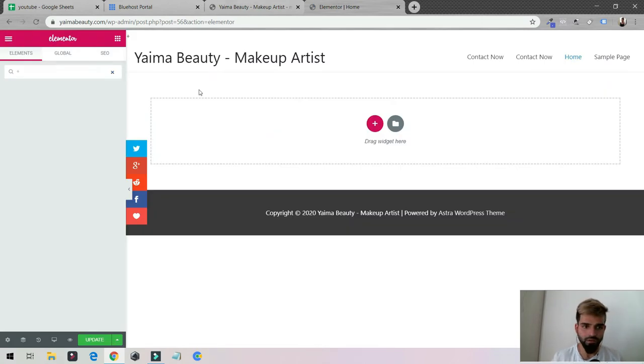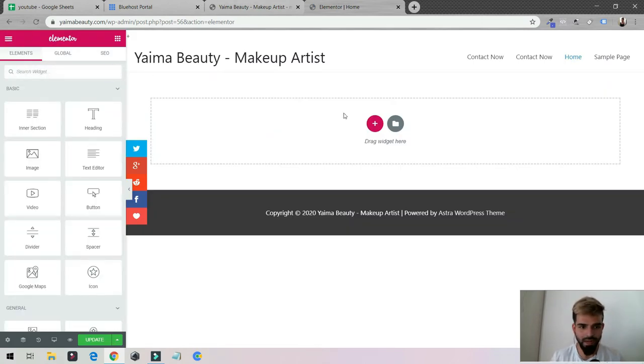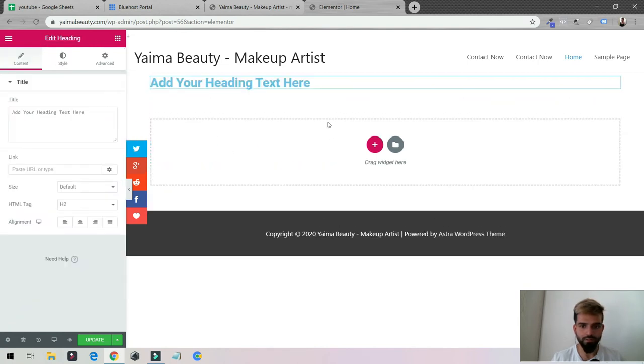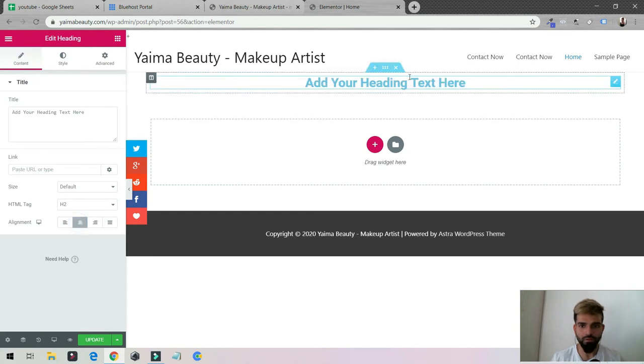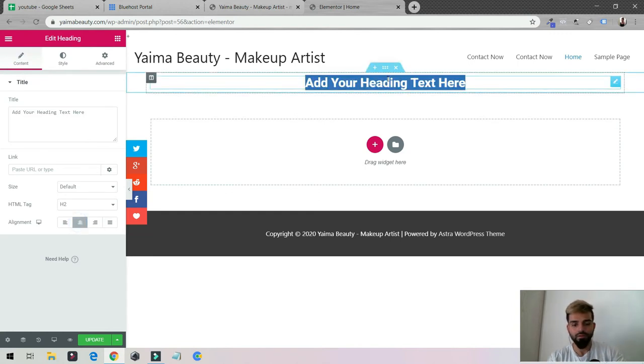Now as you could see, we are over here. This is a blank page and you could do anything however you want. Let's say you want to put a heading over here. First things first, we put a heading over here. You could make the heading in the middle. There are a lot of options over here. You could put the welcome